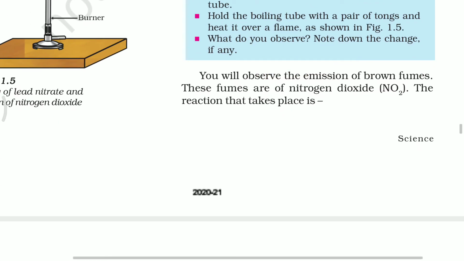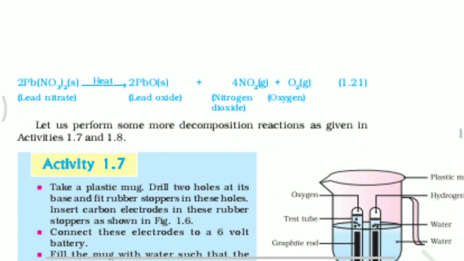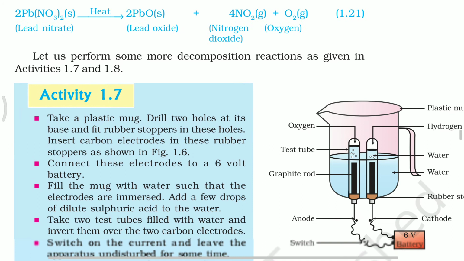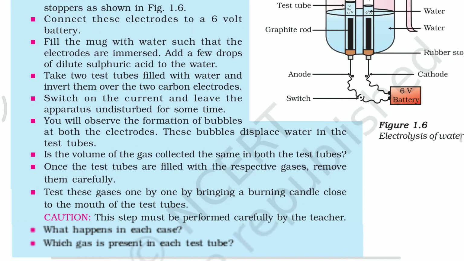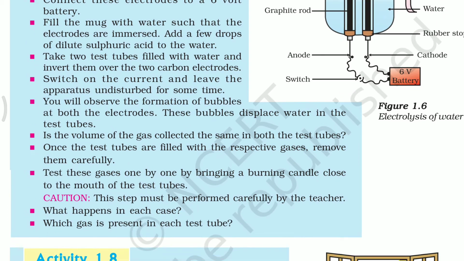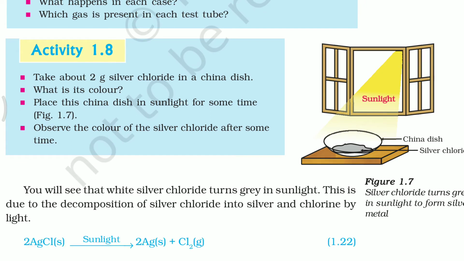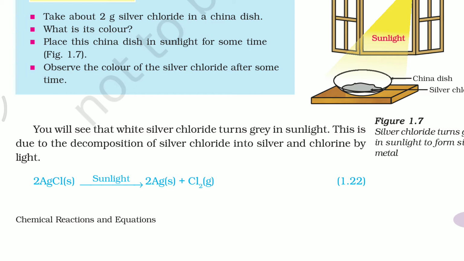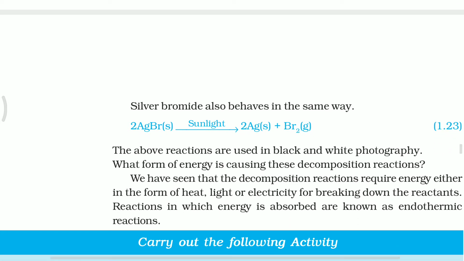So electrolysis of water, here the energy source is electricity, electrical decomposition. So this is a familiar example for electrical decomposition. So come to this reaction. Here decomposition takes place under the sunlight, so it is a photochemical decomposition reaction. So based on the energy provision, decomposition reactions are of several types.